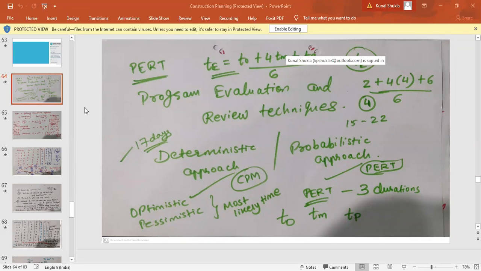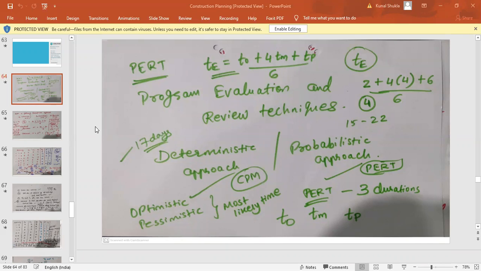Okay, so we have already had the discussion regarding the CPM method, that is the critical path method. In the last 3 or 4 sessions, we solved the numericals regarding that. I think up to now you are clear with that method and what the use of that particular method is.